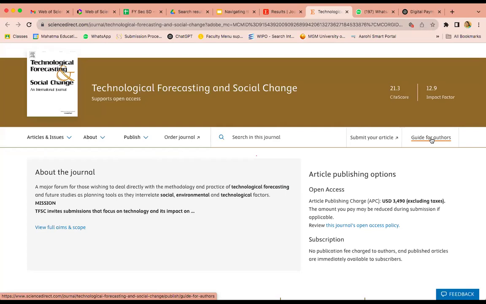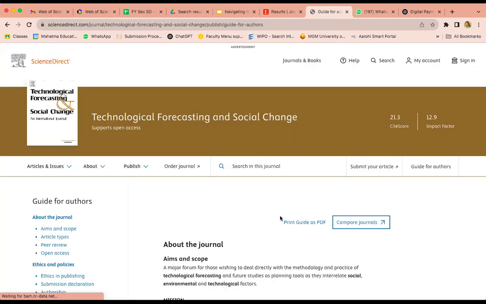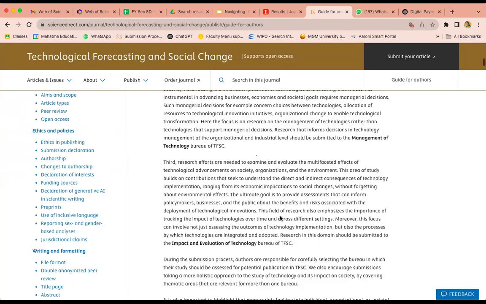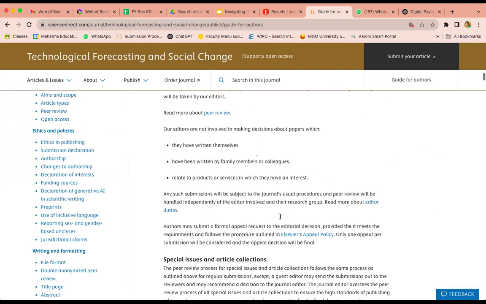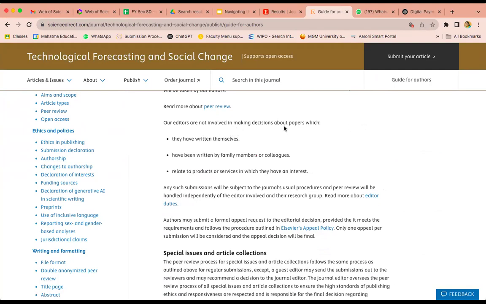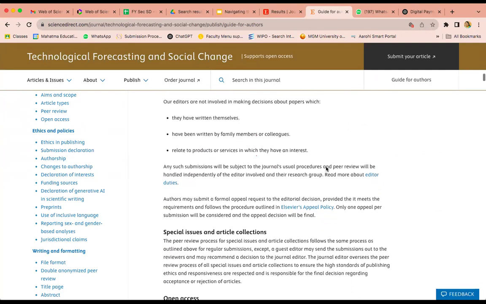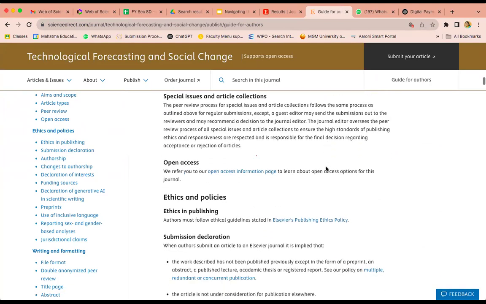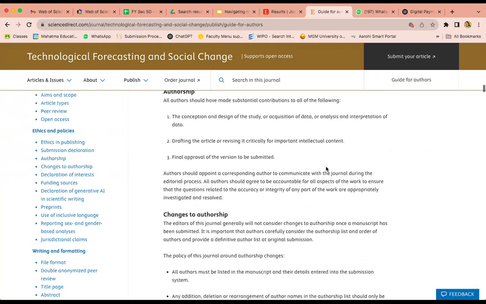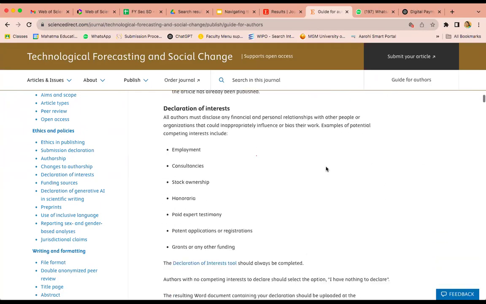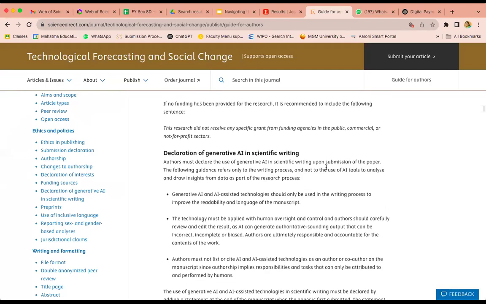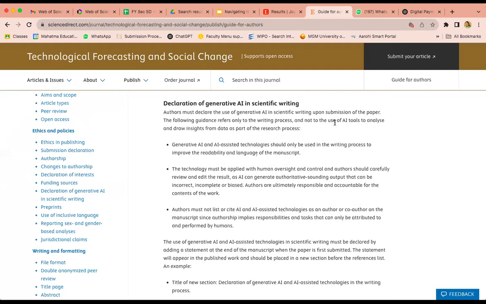So here is the guide to authors. You can see there are different things that are mentioned over here. Read through it, okay? Read what the editor is looking at, okay? Peer review में क्या क्या चीजें होती है, okay? ओपन एक्सेस के क्या व्यूज है, वो सारी चीजें, ऑथरशिप किसको मिलना चाहिए, नहीं मिलना चाहिए, या whatever, what all declarations that they need, funding sources, how they have to be declared. See here,